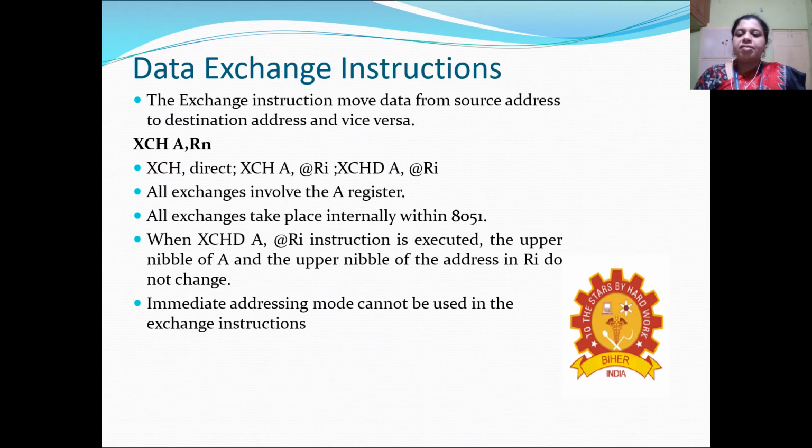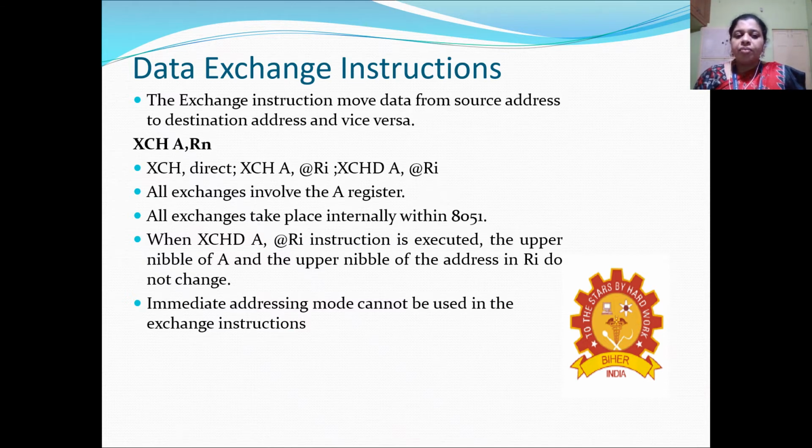And next thing is the data exchange instructions. So here the data from the source will be moved to the destination, and from the destination it will be moved to the source. An example for this is exchange, XCH A, Rn. Here Rn is general, the number can be from 0 to 7.